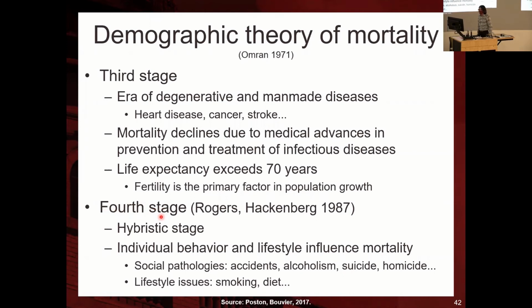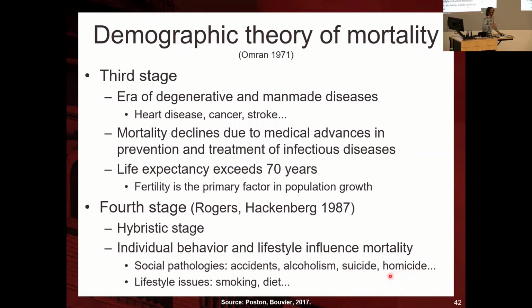It's also called the hybristic stage, in which individual behaviors and lifestyle influence mortality. So accidents, alcoholism, suicide, homicide, smoking, diet, all these different lifestyle issues and social pathologies start to be influential because mortality reached so low levels as a whole, looking at the whole macro level, using that human ecological theory. And now what makes some people die faster than others is more related to their individual decisions, right? To their lifestyle and to specific social pathologies as well, because some people, because of neighborhoods where they grew up and poverty of their families and all the social inequality that we have, are more susceptible